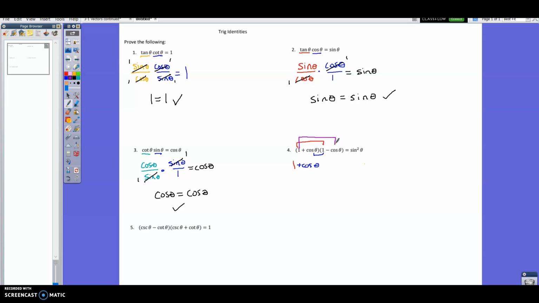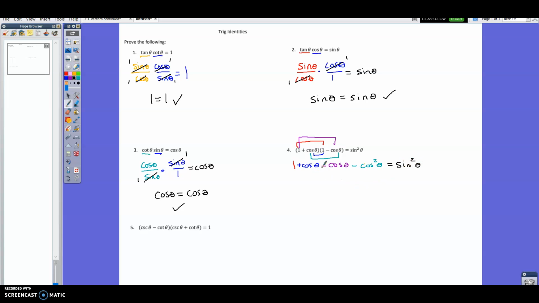We have 1 times negative cosine, which is negative cosine. And then we have cosine times negative cosine, which is negative cosine squared. And that all equals sine